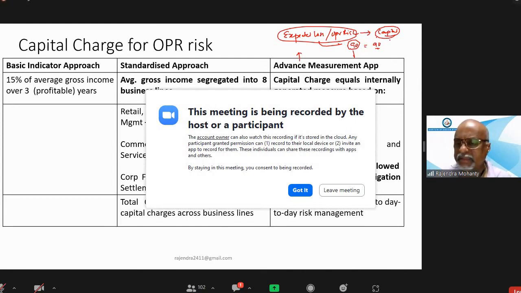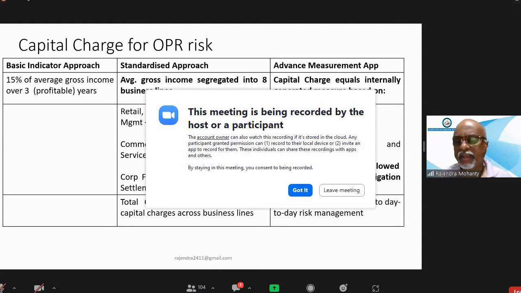or they are measured through different, taking into account different factors like internal loss data, external loss data, scenario analysis, and business environment and internal control factors. So different factors are to be taken. Those factors I am going to tell you. And another thing is very important for this